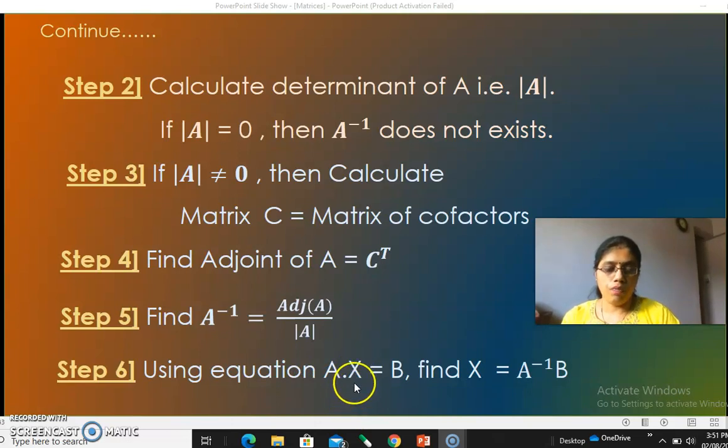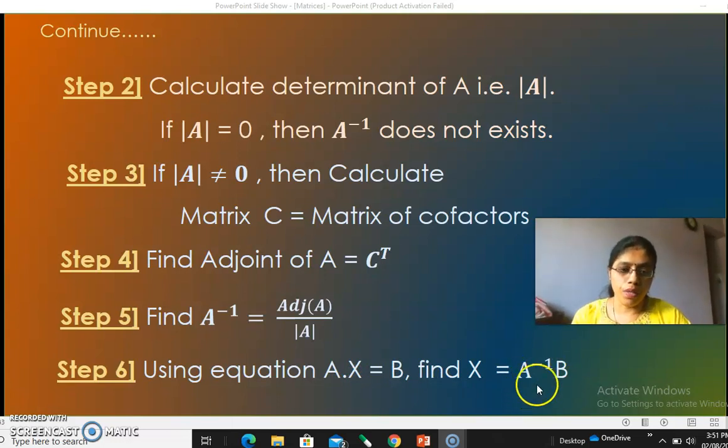Okay, so the left hand side is X, and to the RHS also we are going to pre-multiply by A inverse. So your RHS is A inverse B, and hence X is finally equal to what? The multiplication of these two matrices, A inverse and B. You have to further multiply them and you'll get your required matrix X there.